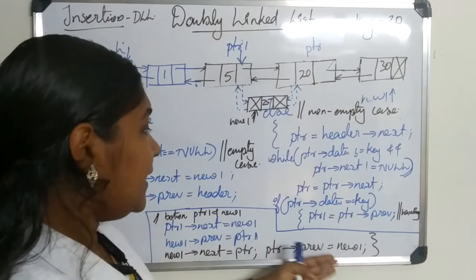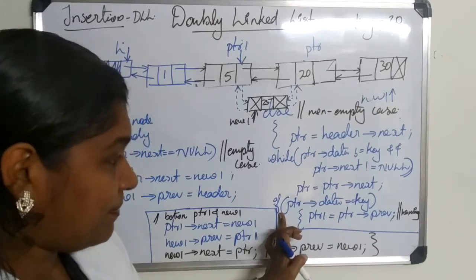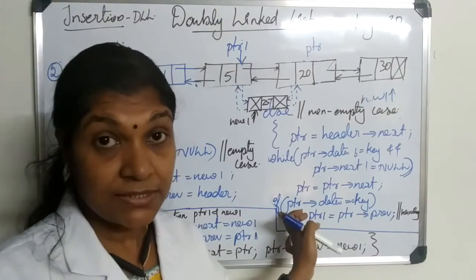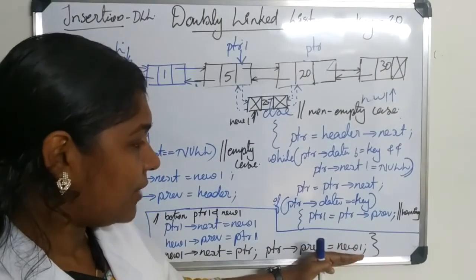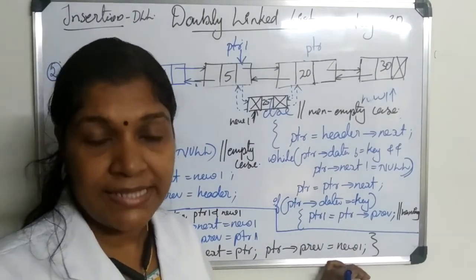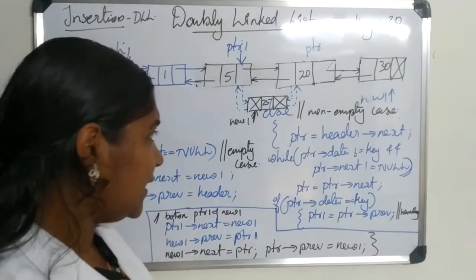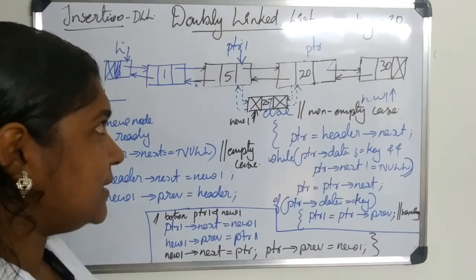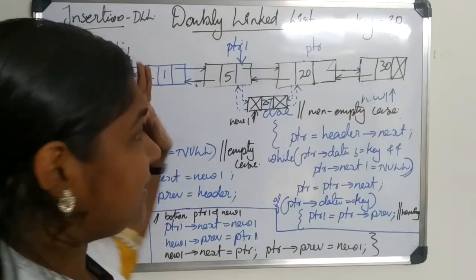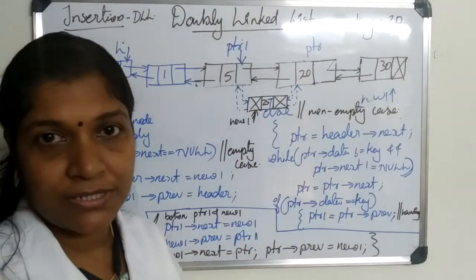Okay, then after that we need to consider the else part of this if, that is if the key element is not present. So after this line you specify the else part, else the key element is not found. Okay, so with that you close this else part also. That is the only remaining thing in insert at any case. So I'll show you this code in a single stretch on this board itself. Okay.